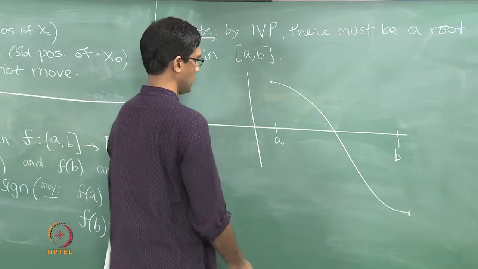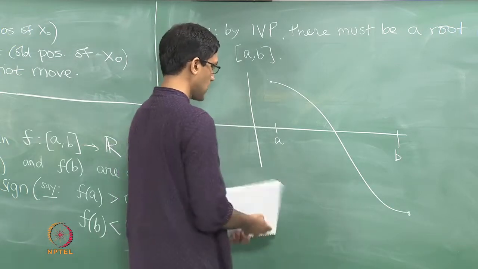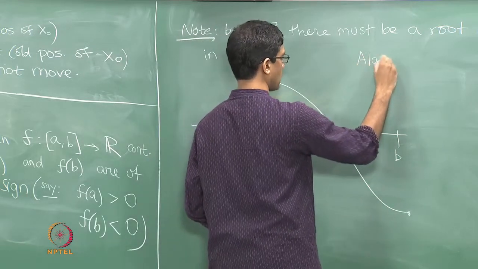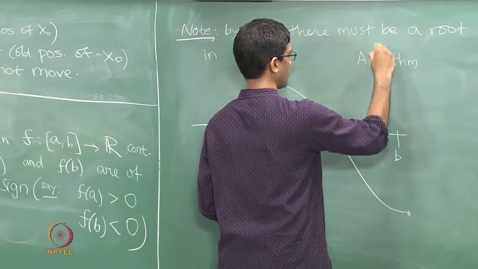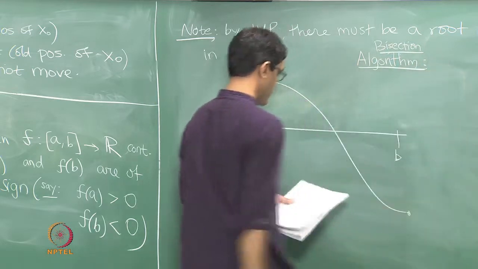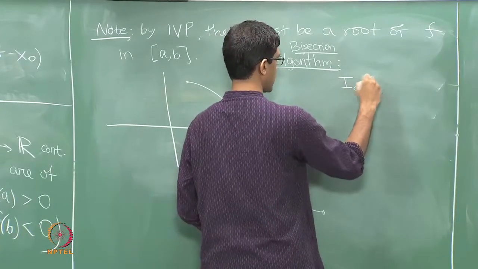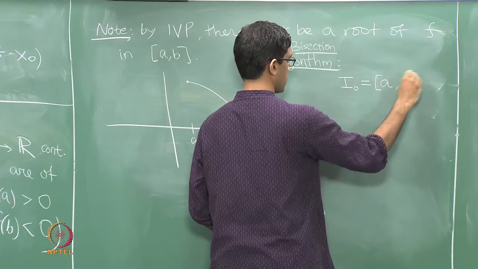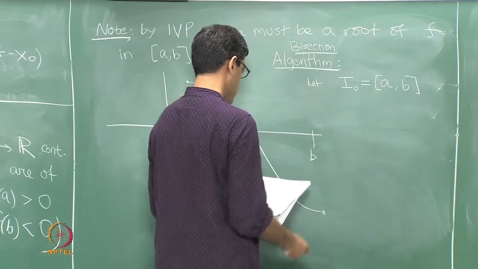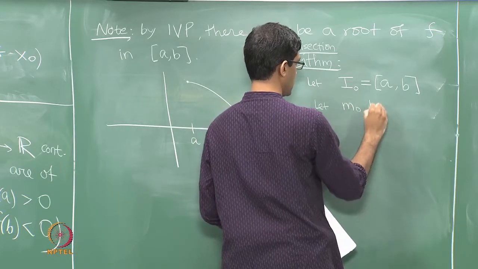So here is what we do. Let us make a sequence of approximations, let us make a sequence of guesses. So let us take the midpoint of the original interval. So here is an algorithm, sometimes called the bisection algorithm, to find the root. So what it says is the following. Let us take the original interval, let us call it I0, because we will now construct a sequence of new intervals. So let I0 denote the original interval. Now let us take the midpoint of I0. So let us call it M0, the midpoint of I0.